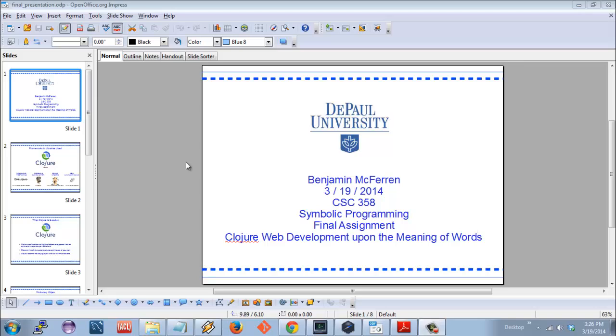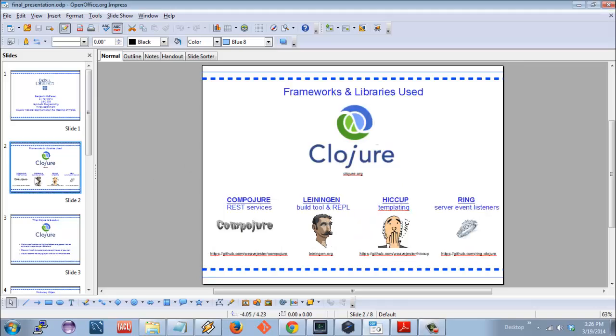So basically, I put together a program written in Clojure, and Clojure is a dialect of Lisp that runs on the JVM, and it incorporates a lot of the nesting components that we've learned from Lisp. I've also been able to capitalize upon existing libraries that are built and shared in open source to stand up a web architecture and then pipe data from the client to the backend server where the data is